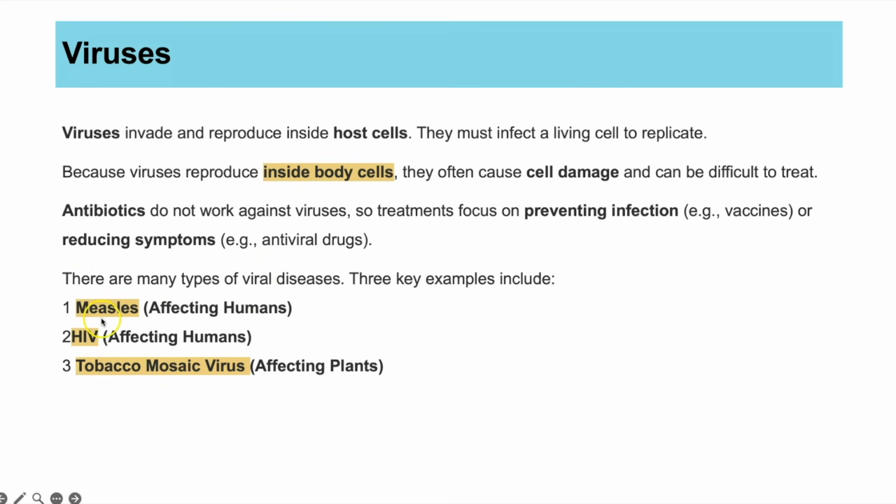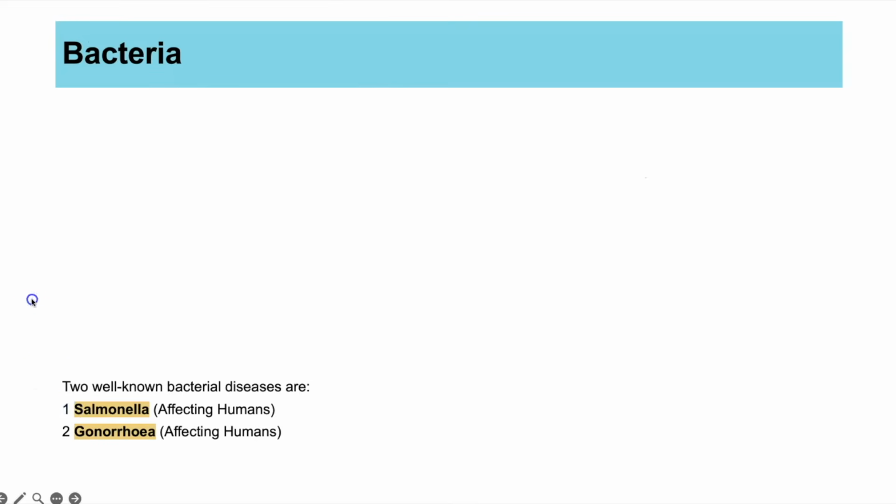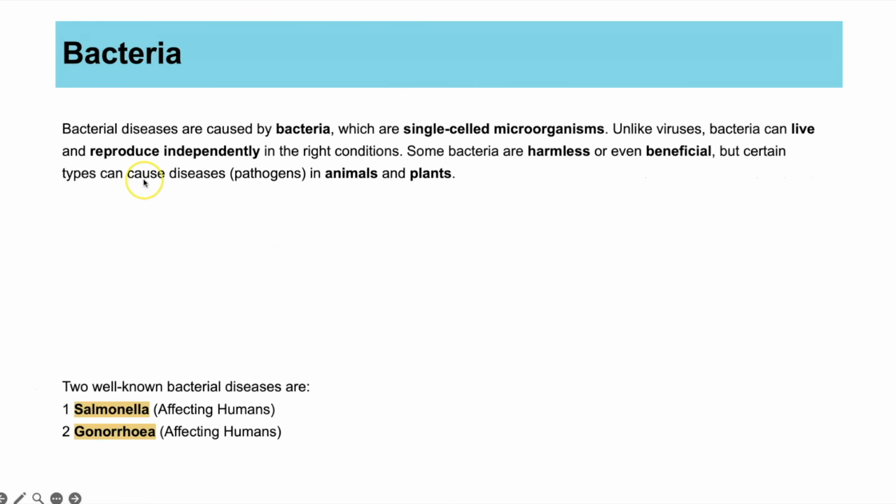The three examples that you need to know are measles and HIV, which both affect humans, and then tobacco mosaic virus, which affects plants. Next, if we go on to bacteria, bacterial diseases are caused by bacteria, that pathogen, which are single-celled microorganisms. And unlike viruses, bacteria can live and reproduce independently in the right conditions. So that means they don't have to be inside of the host to reproduce,